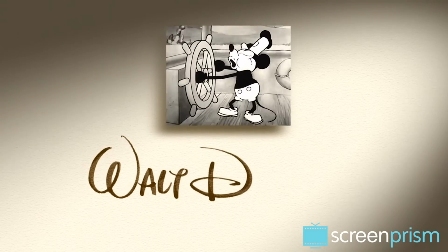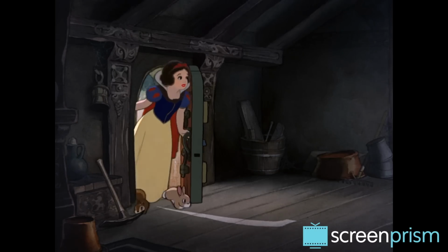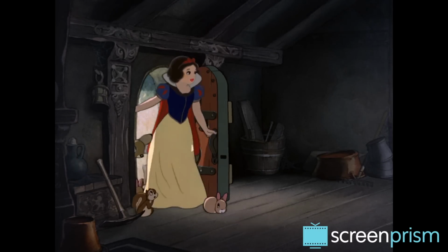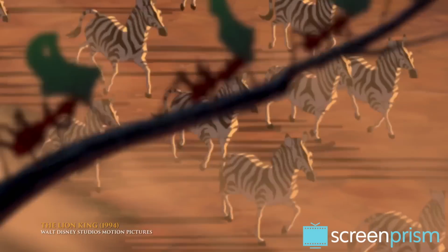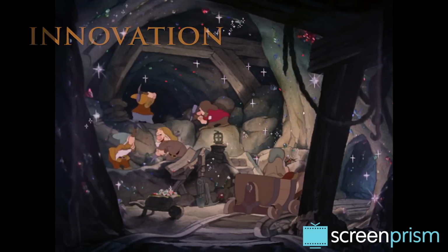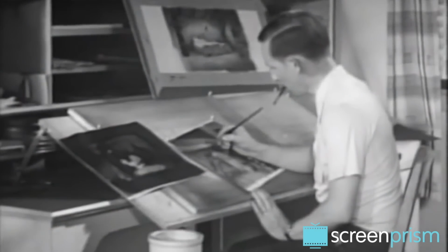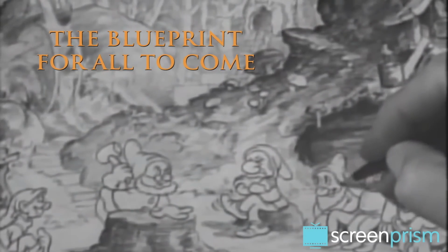But now that Disney's got 56 animated features under its belt, not counting Pixar, it's easy to watch Snow White and think it's a little bland or basic compared to what we've seen since. But we shouldn't forget just how much innovation Snow White represented, both for Disney and for animation. With this movie, Disney created an entirely new genre, as well as a blueprint for all of their other iconic